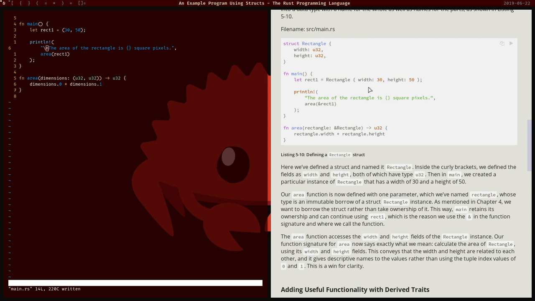And then when we print it, area has to take a reference to rect1. So what it's taking is the reference, and you can think of the reference as this ampersand. So we do say reference to what, so we put rect1 here, but it's as if rect1, it's like this, let's see,